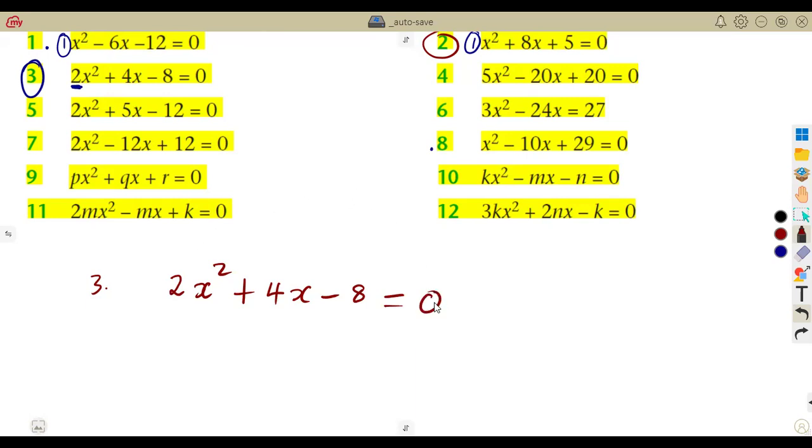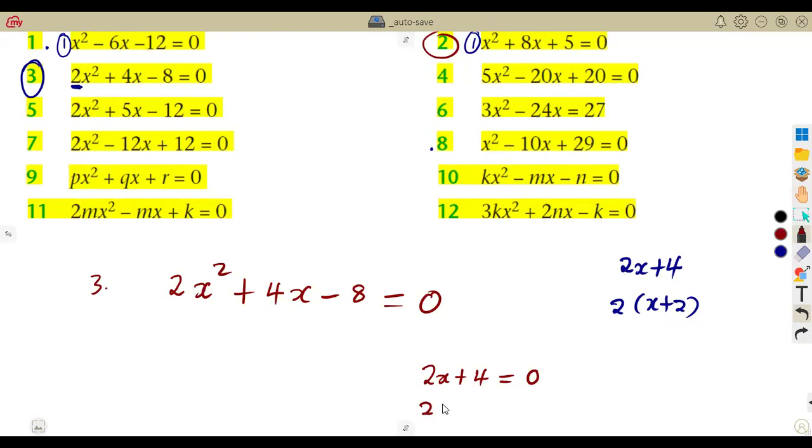So it follows that working with an equation is different from working with an expression. If you are given an expression like 2x plus 4, you factor out the 2, then you remain with x plus 2. It's an expression. You divide 2x by 2, that is x, and 4 by 2, which is 2. If it is an equation that you are given, let's say an equation such as 2x plus 4 is equal to 0,